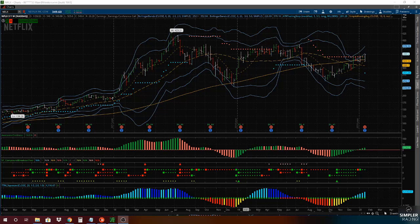Today I'm taking a look at Netflix based on the weekly time frame. I like what we are starting to see so far on this symbol on a weekly time frame, and I like the fact that earnings has already occurred, so we don't have to worry about that with our trade in the future. So what I like about this weekly chart is the fact that, first of all, the price is